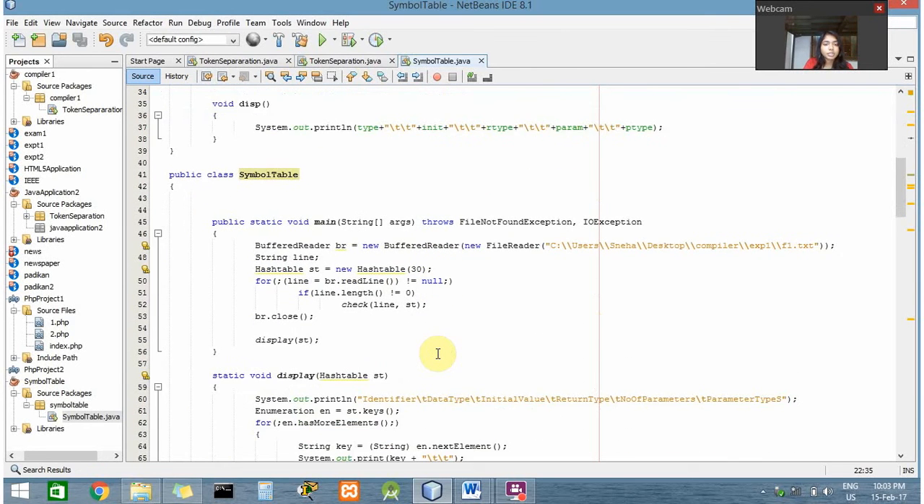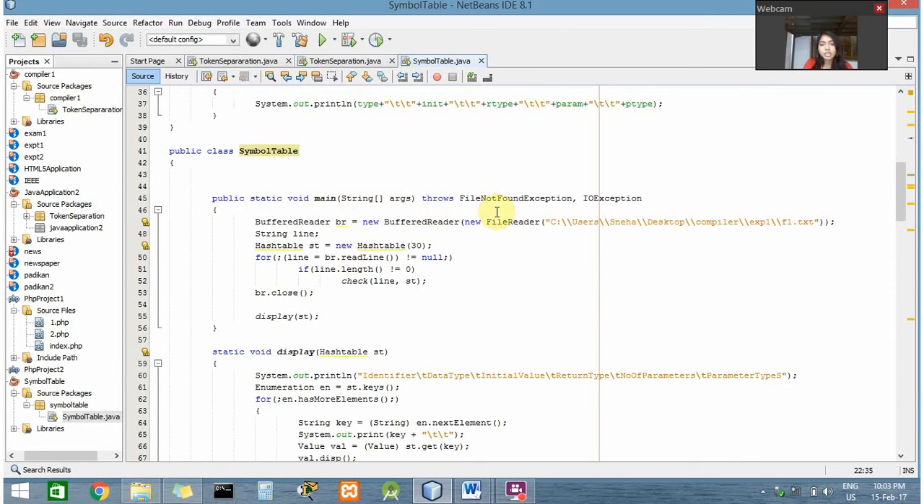In class symbol table, first I read a file. First it is read by a file reader. It converts the file into a character stream. Then it is read by a buffer reader. That is, it reads one by one the characters in the character stream. Then I make an empty string line. Then I declare a hash table